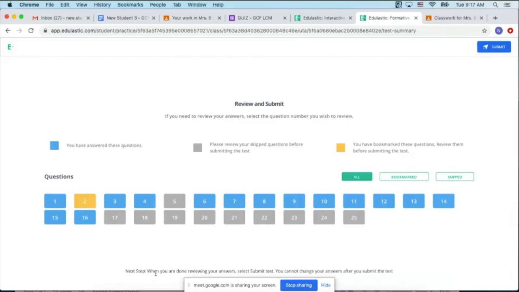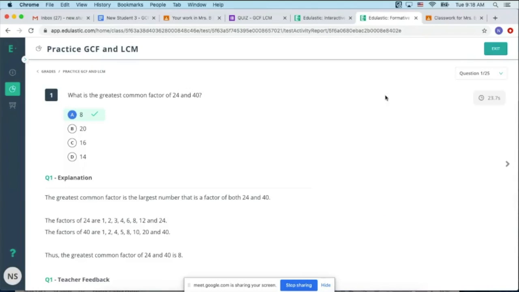Okay, so when you finally finish all of your answers, it'll show you what you have submitted. So the blue questions are the questions that you have answered. The gray questions are ones that you skipped, and so you might want to go back and check those before you turn that in. And then the yellow ones are the ones that you have bookmarked, so you're going to want to check those before you turn those in. But once you're happy with how this looks, you can click the submit button, and it will show you